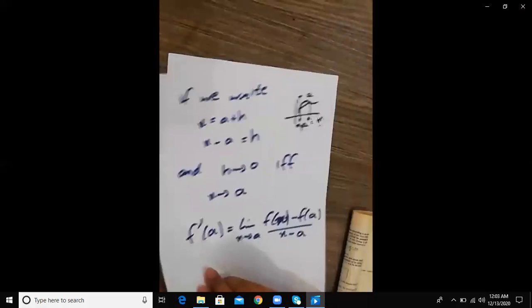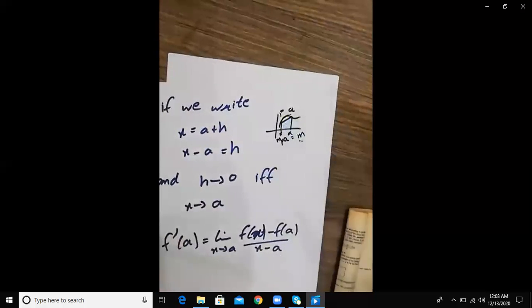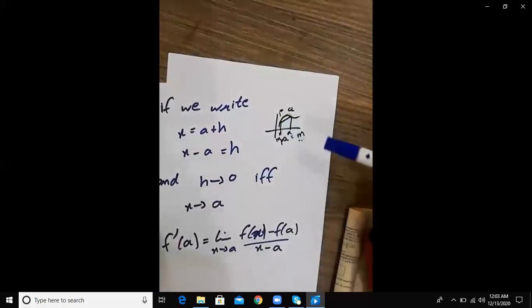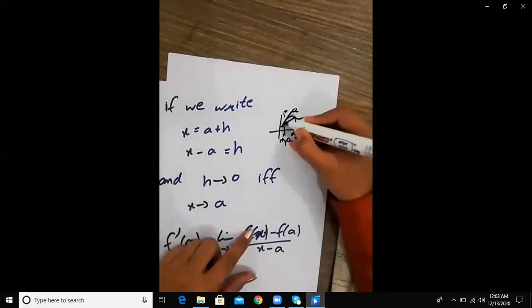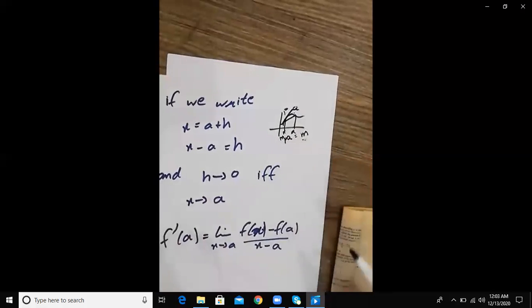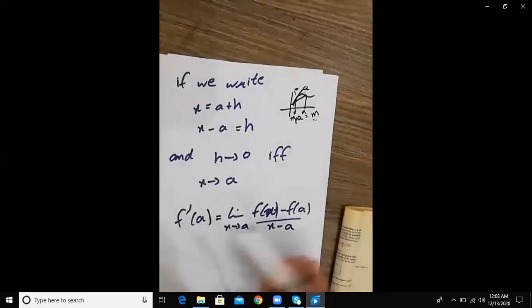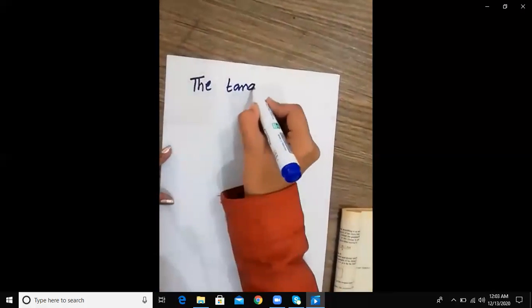So from the previous lecture, through what we have learned, the slope of the curve at the particular point P is the derivative of the function at the given point P. So we come to the point that the tangent line